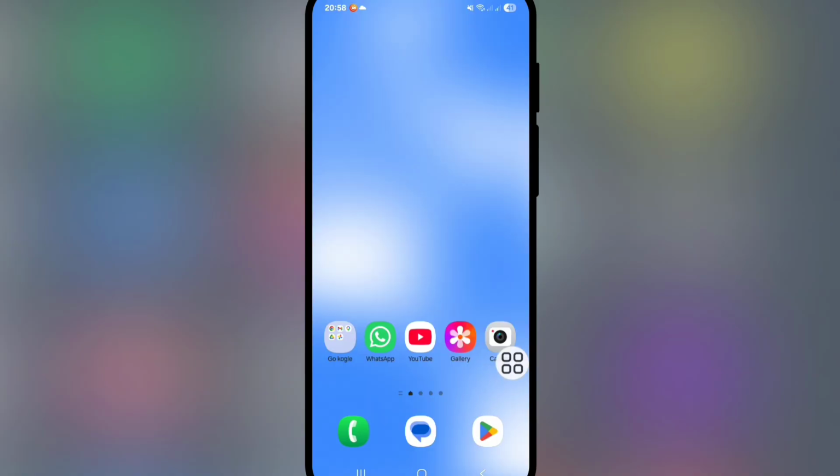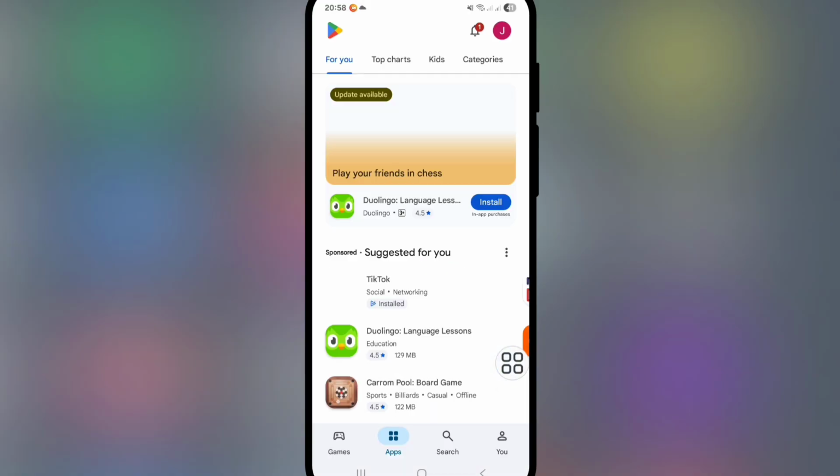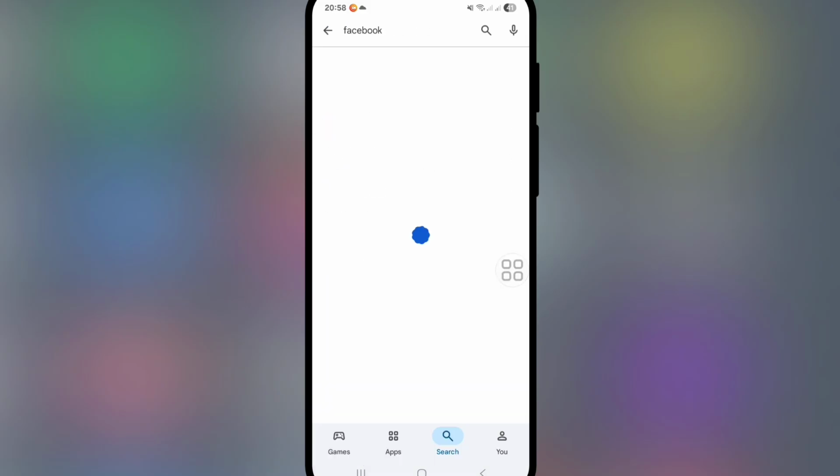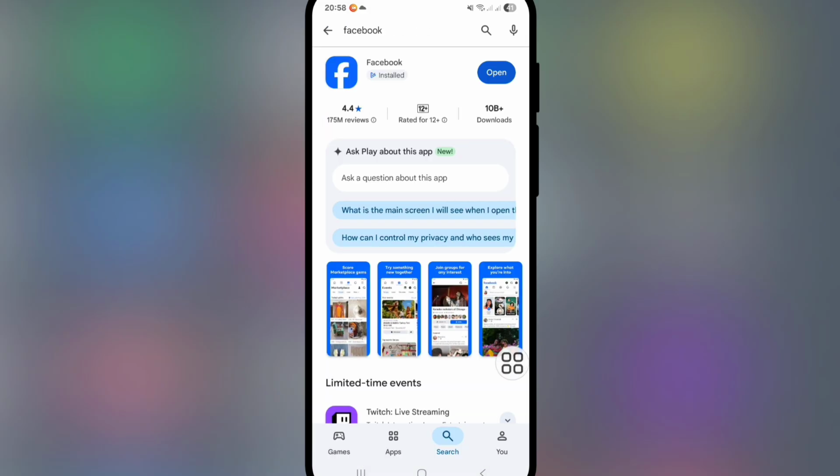and then go to the Play Store. Click on search and search for Facebook. From here, update your Facebook app to the latest version. After completing the update process,